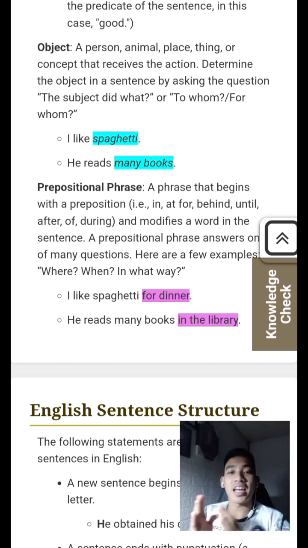Example, I like spaghetti. What he likes or what he or she likes, then spaghetti. He reads many books. What he reads, many books. So that is, the object is the receiver of the action. While this